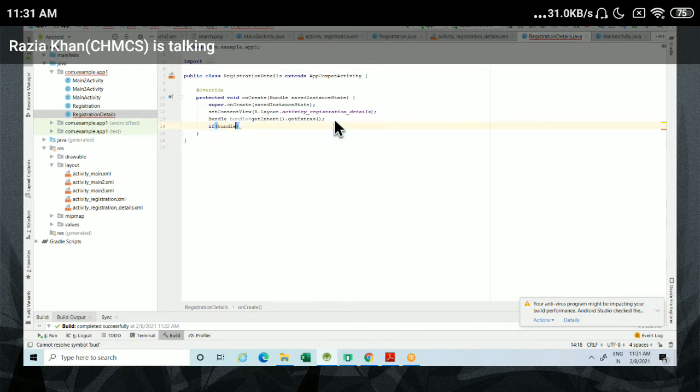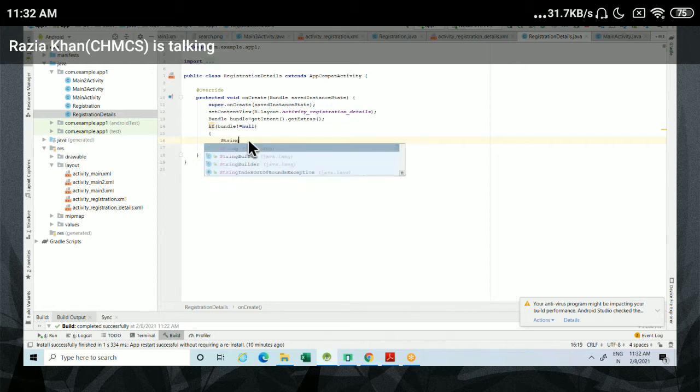Not equal to null means if bundle contains some value, if bundle contains something, then you need to run this statement. Okay student, so here we will check if bundle is not equal to null, meaning if it is not empty, then we will execute this statement. The statement is nothing but you need to write down the string. Same thing, you need to type string name is equal to